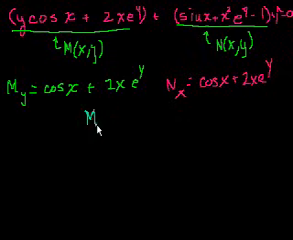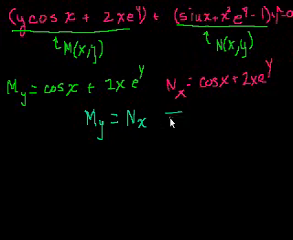So there we have it. We've shown that the partial of M with respect to y is equal to the partial of N with respect to x, which tells us that this is an exact equation. Now, given that this is an exact equation,